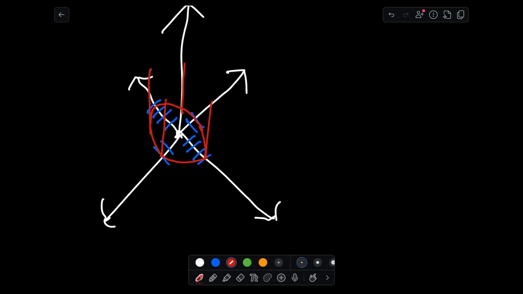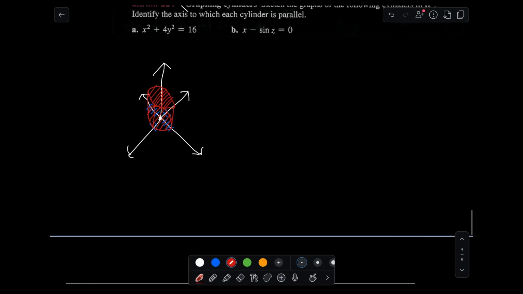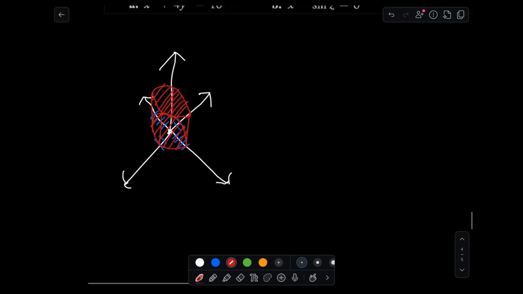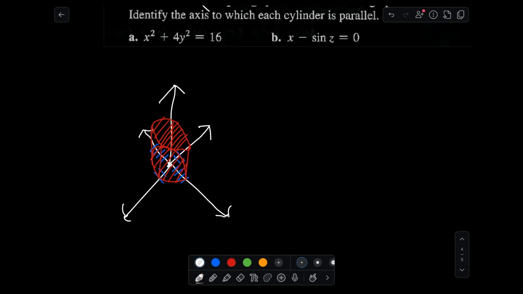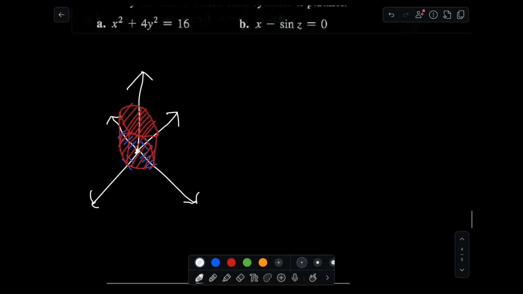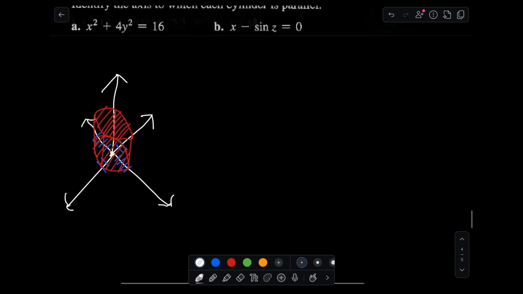It shows that even if you've done calculus for a while, these traces aren't always the easiest. And you can kind of see now that this works as a sort of trace of it, right? And in fact, it's going to be parallel to the z-axis, extending from the xy plane, because there is no z here, it's just going straight up. And then for example B, we can invoke the exact same idea